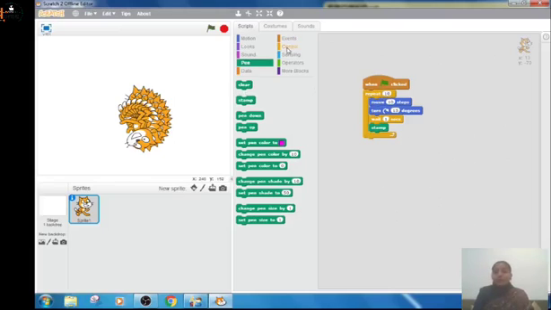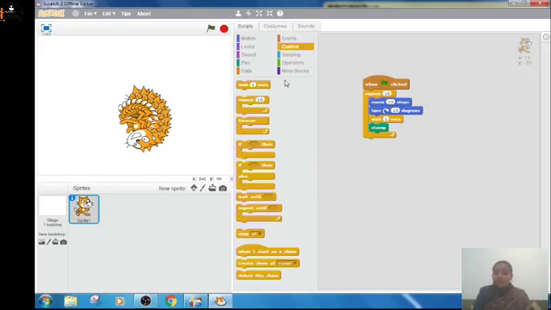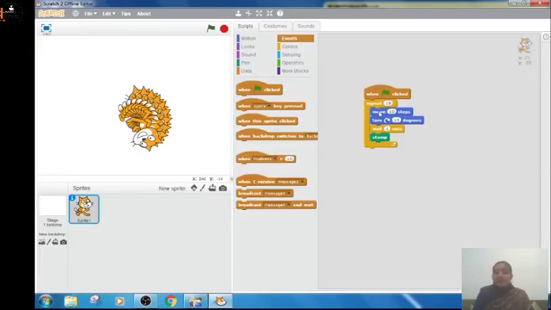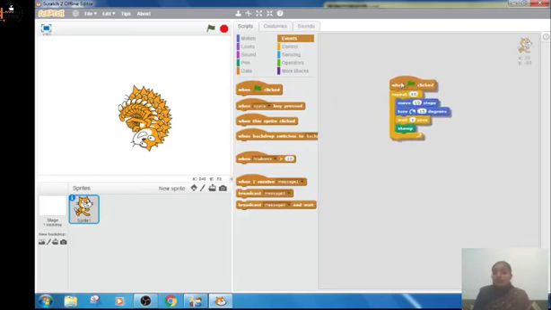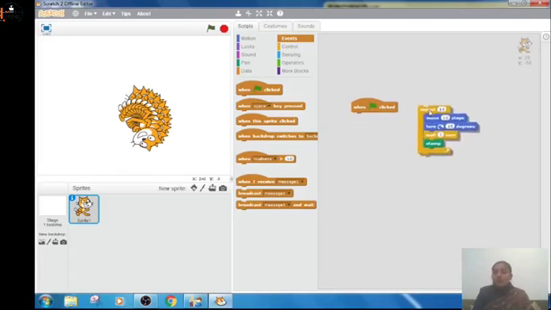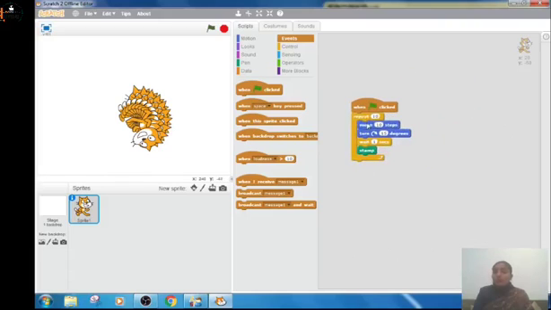Now we have a block for forever also. In control we have this forever block. In repeat we wrote repeat 10 times, so it will repeat the actions 10 times, okay. See, if you want to move the blocks anywhere in the scripts area, you have to click on the very top block, okay. If you want to move them from here, you have to click on that. On whichever block you click, the blocks under or below that block will all move in a group, okay.